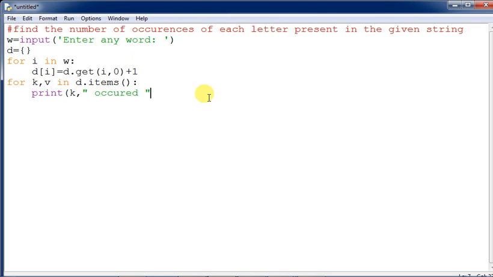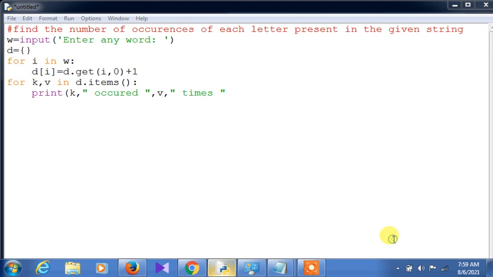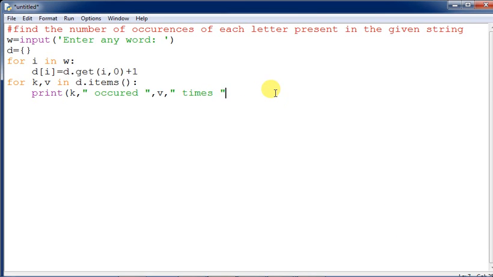So give a space out here, and then V, print out here what, V, and then say comma, and then say give times, okay. That is the thing. So key and V has been taken for the key and value, okay. There are certain things there. So that is actually the relevancy of the variable that I had taken out here. So this program is over now, there is nothing else to do.